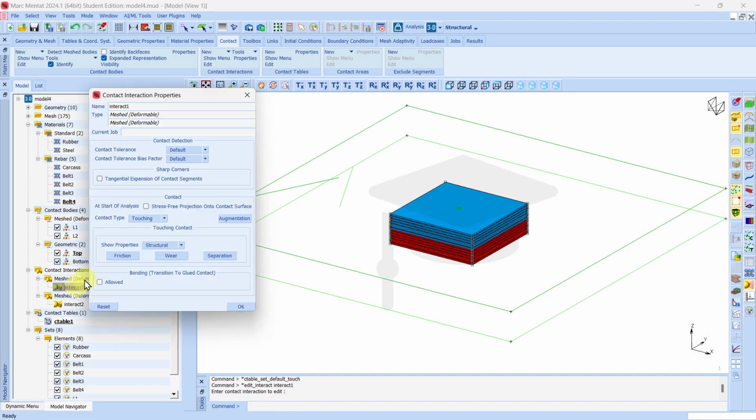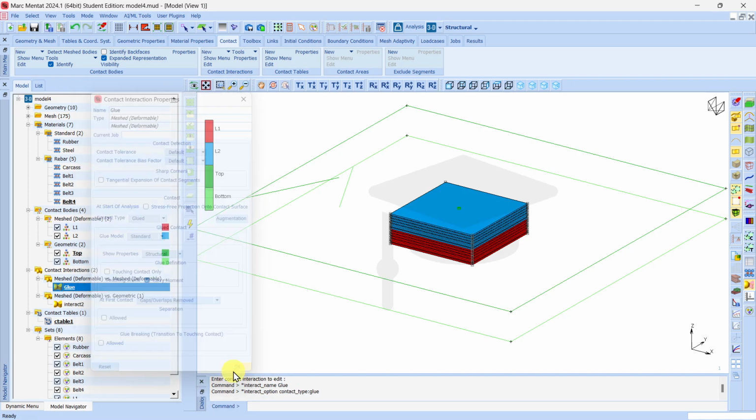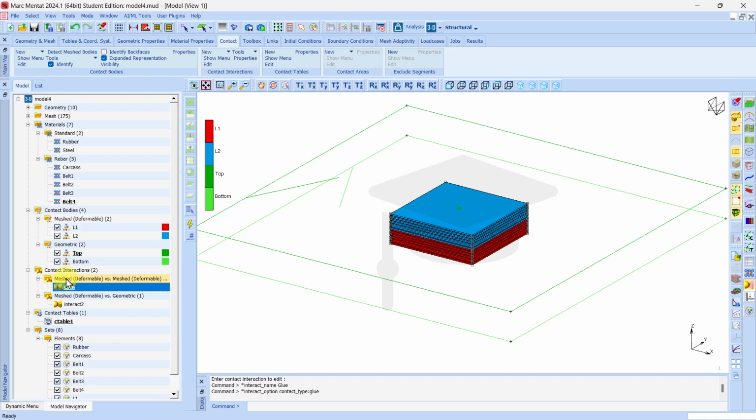So click here, change the name. We can choose glued, or we can say glue. Change this one, contact type glued, then click OK. So the mesh deformable, it means this one and this one, L1 and L2, and their bonding will be glued. And the mesh deformable versus geometric, it means the upper surface of STRP and the top surface of and their